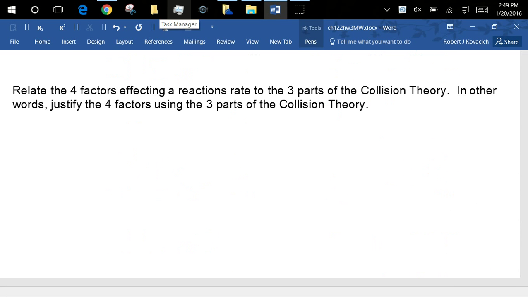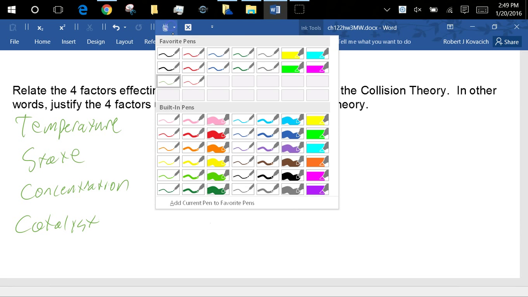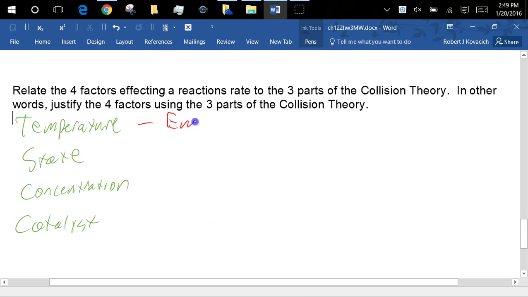Okay, so give me one of the 4 factors. Temperature, okay. So temperature is definitely something that plays a role. How about something else? State. Okay, state. Next, concentration. Next, presence of catalyst. So how do I relate the first one to the collision theory? You got enough energy. Yeah, this requires energy, and temperature is a measure of the energy of the particles. And state,